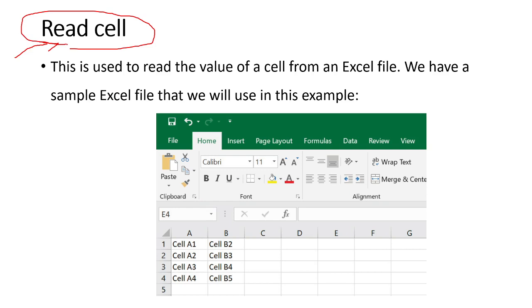The objective of this read operation is to read the content of a specific cell. We call this cell A2 because the column name is A and the row number is 2. Similarly, this cell is identified by column B and row number 3, so it is called B3. This is the indexing mechanism we will use to perform either read or write operations. At a high level we shall understand first, then implement it practically.